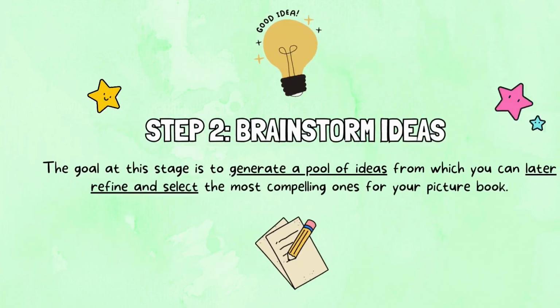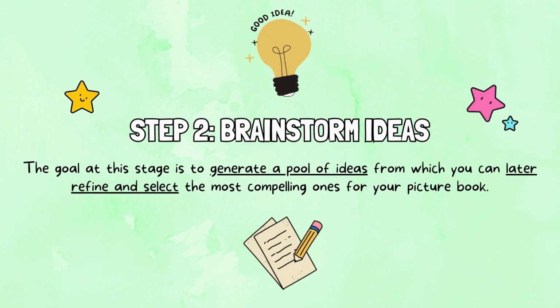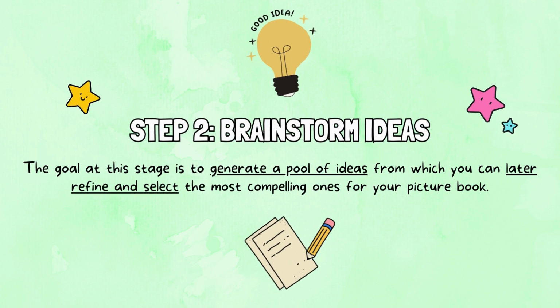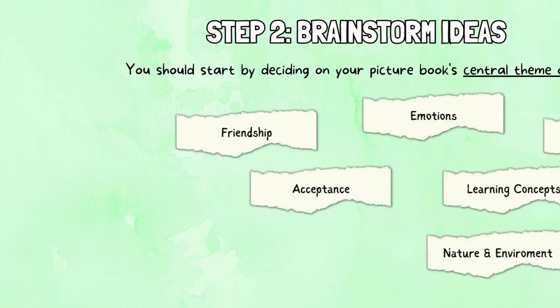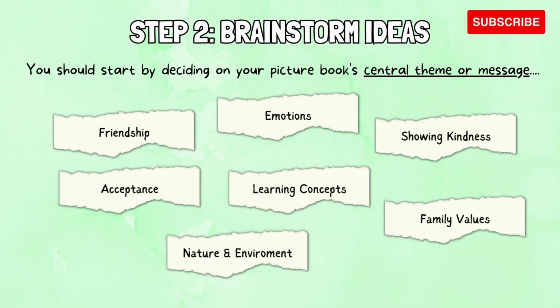Step 2. Brainstorm ideas. The goal at this stage is to generate a pool of ideas from which you can later refine and select the most compelling ones for your picture book. You should start by deciding on your picture book's central theme or message. It could be a moral lesson, a humorous concept, or an exploration of emotions. Think about what you want readers, especially your target audience, to take away from your book. This is very important as this could be the fundamental reason why someone will choose your picture book over other